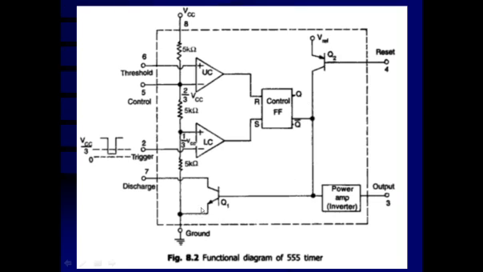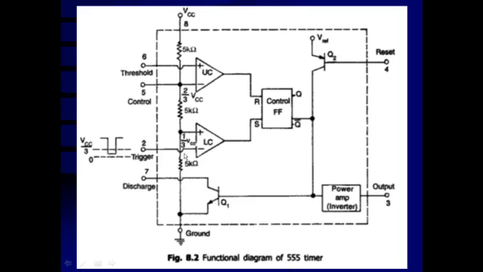So, this is the internal block diagram of the 555 timer. Here is pin number 8, where you connect your VCC voltage. This is the first resistance, 5 kilo ohms. This is the second one, and this is the third one. And the lower terminal of this resistance is connected to the ground. That means this 5K, this 5K, and this 5K are connected in series with this power supply.